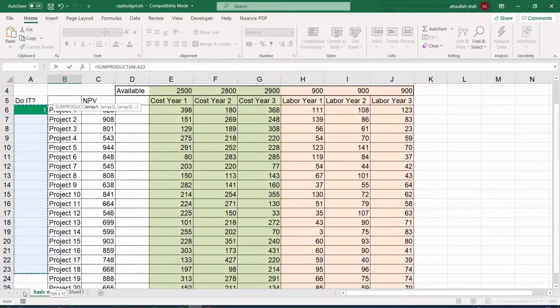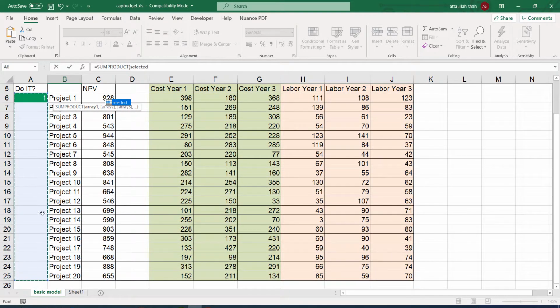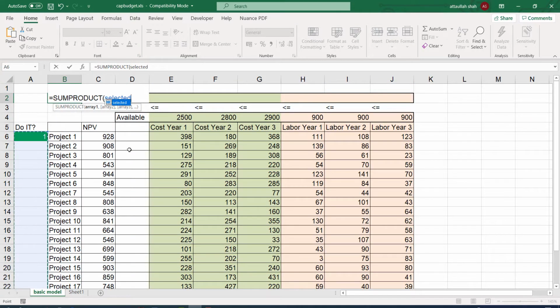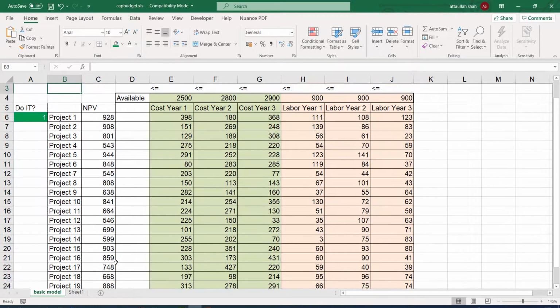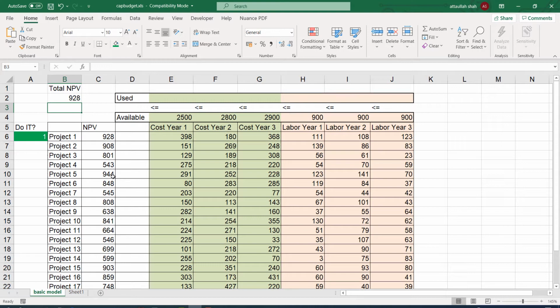So the first array is the selected range, and comma, the second array is the NPV range. SUMPRODUCT will multiply the corresponding cells and then sum those.